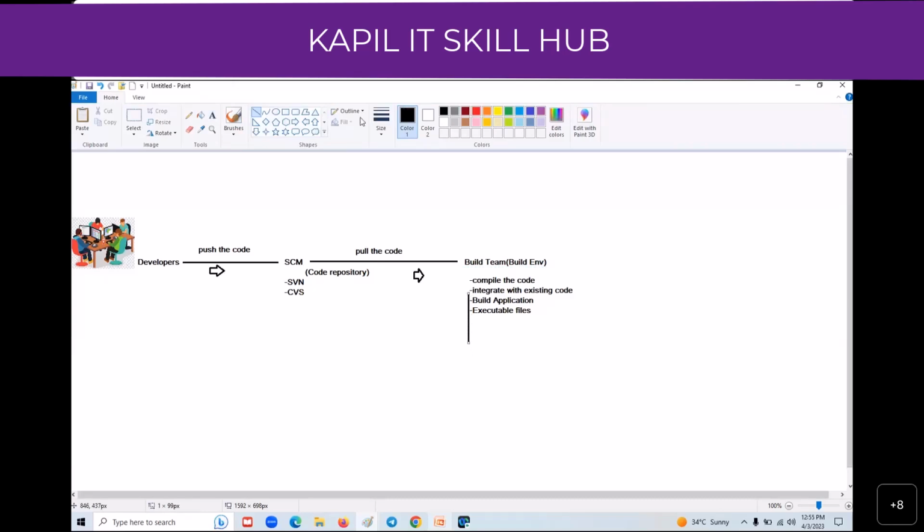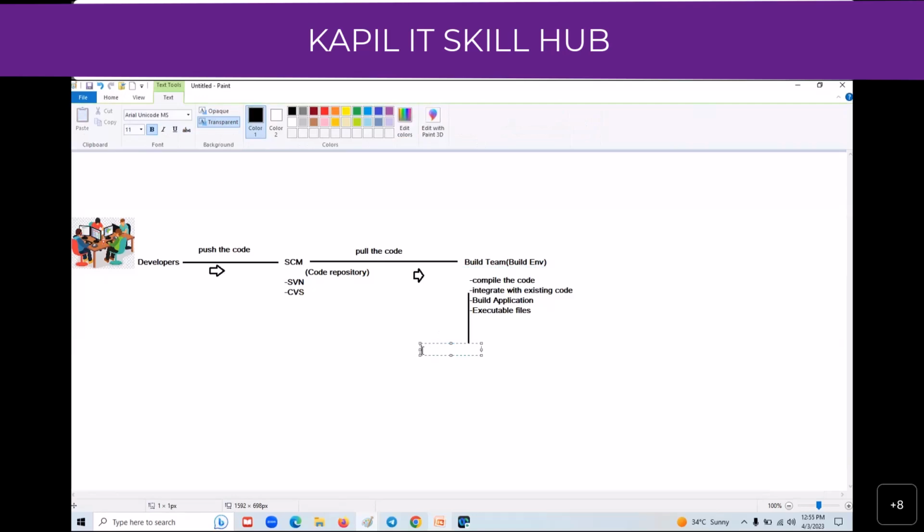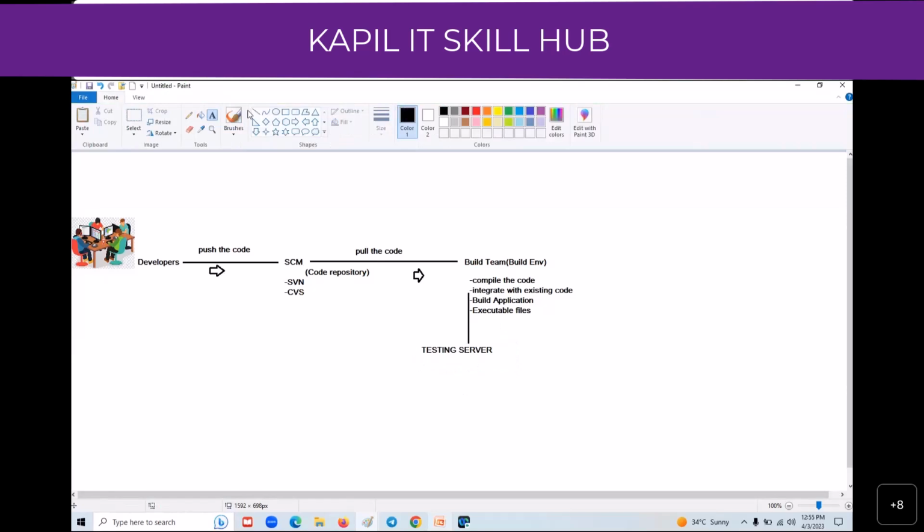Next one here, we have the testing server. Once this executable file is deployed into the testing server, the testing people are ready with the test cases, and they execute those test cases on that application.